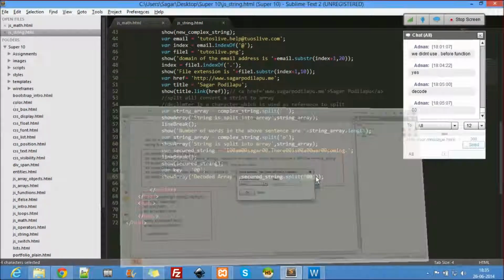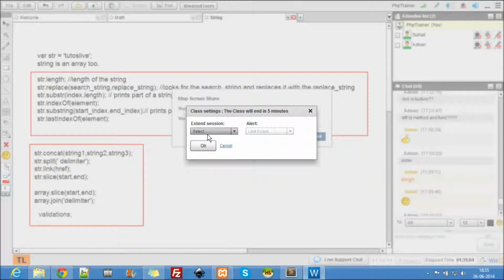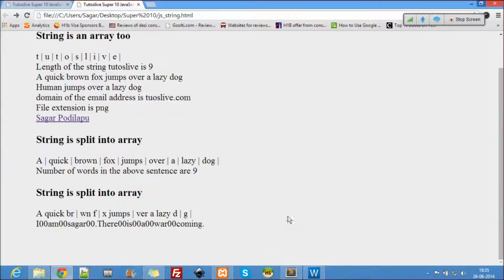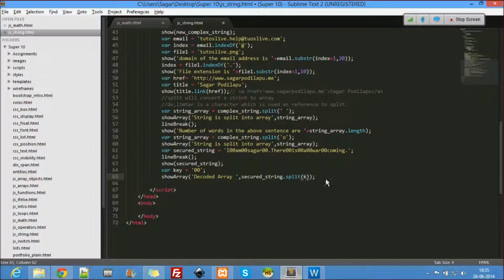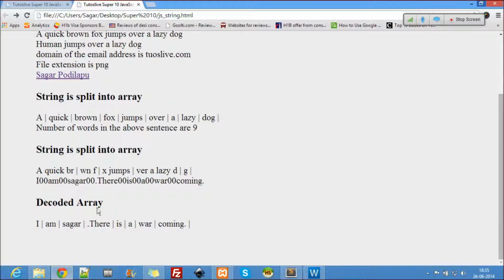So I'll split based upon the key. So now let's see. Decoded array. I'm Sagar, there is a war coming. But still this is not appropriate, right?